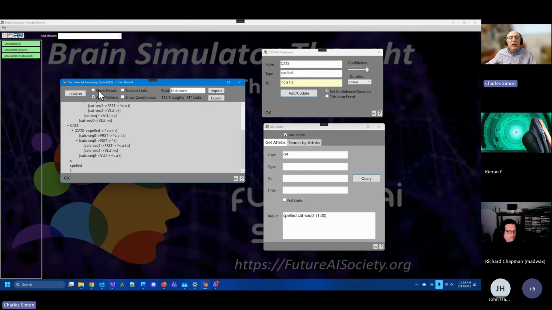And this, again, if we show details, we'll see cats, and cats is spelled cats sequence 0, and the next points to cat sequence 1, but the value is the cat sequence 0.